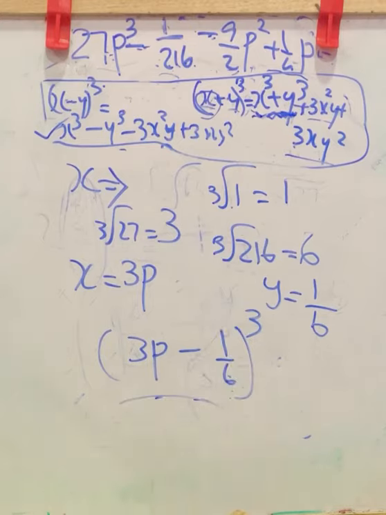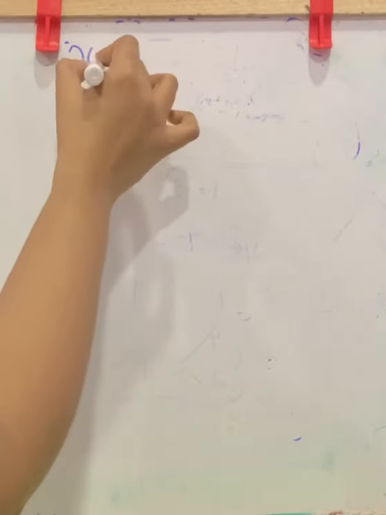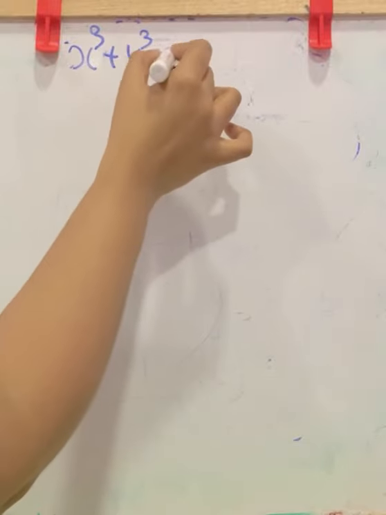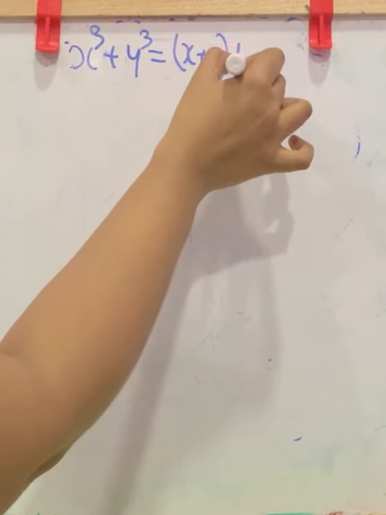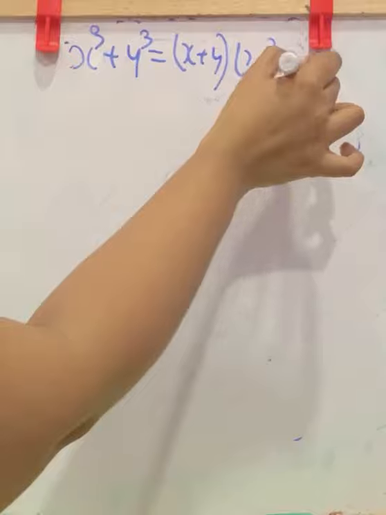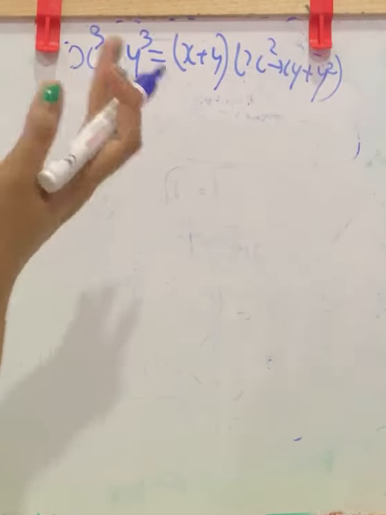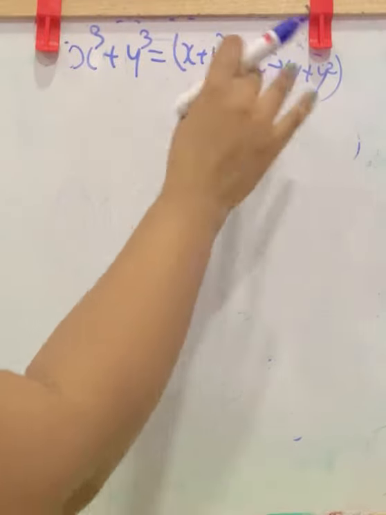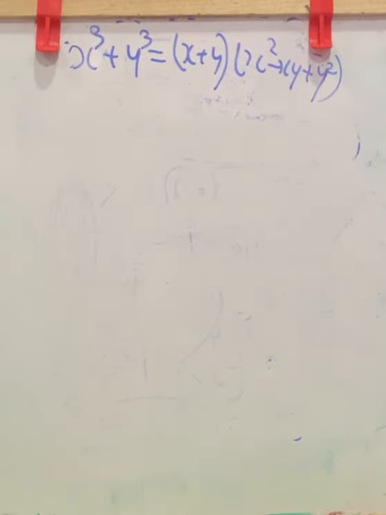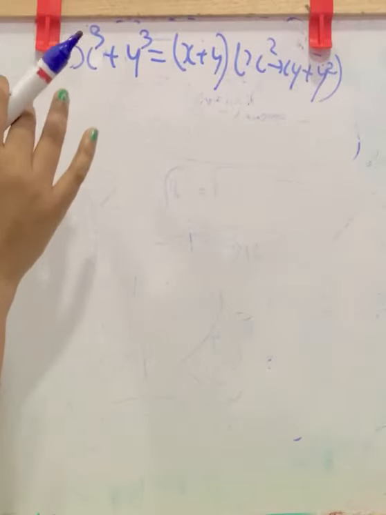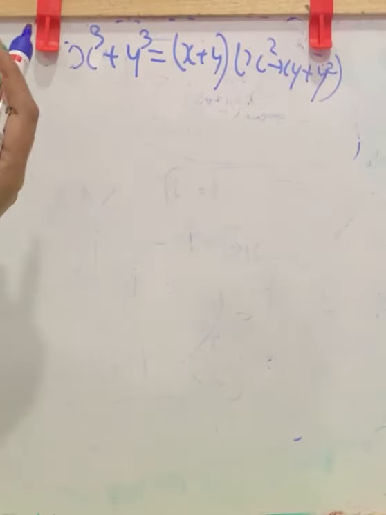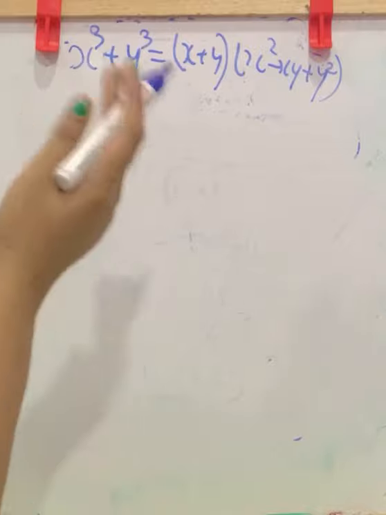That is the factors. Next, verify x cube plus y cube is equal to x plus y into x square minus xy plus y square. This expansion you can apply in problems. So learn this identity also, that is x cube plus y cube is equal to x plus y into x square minus xy plus y square. Before that we have to verify that. That is, we want to show LHS is equal to RHS. So we are going to prove each side is equal.